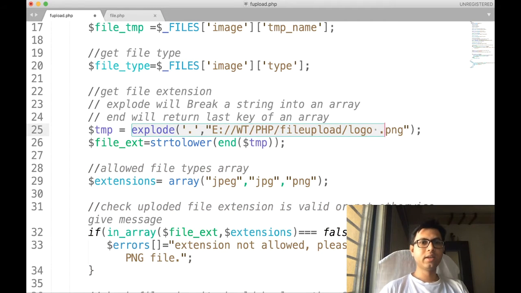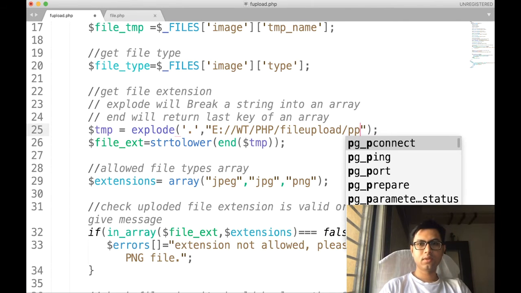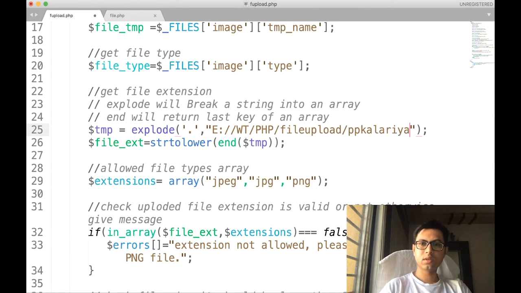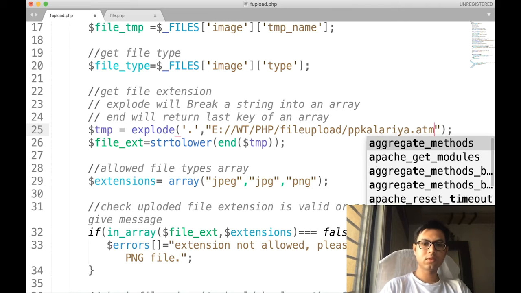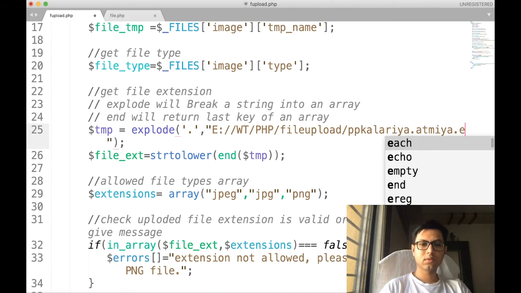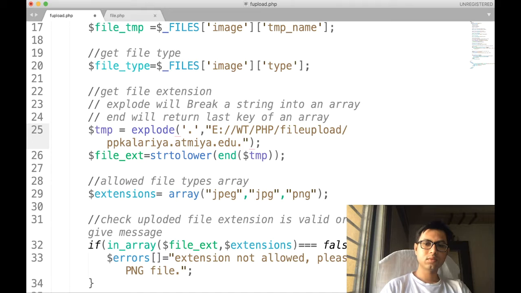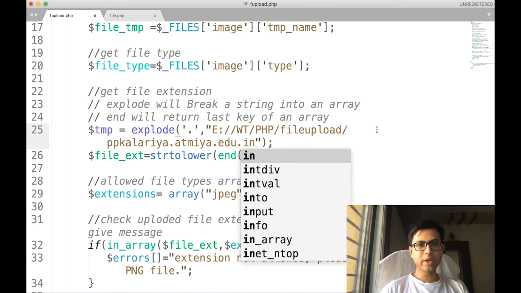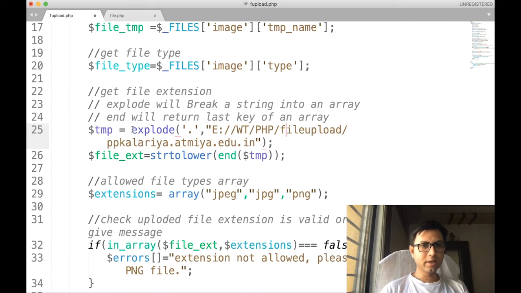Let us say we have more than one dot, a string like this. Then how is this explode function going to work?